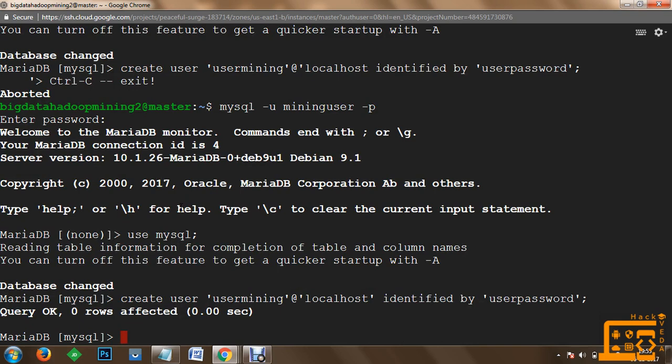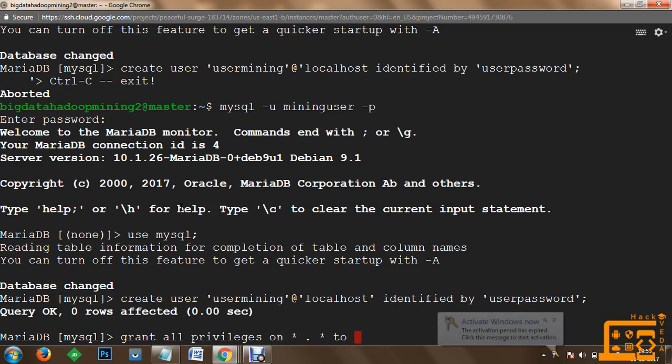Once the user is created, we have to grant permissions. We'll grant all the permissions to this user by using grant all privileges on all the databases to the account, and this account is our user mining @ localhost, and it has to be closed.